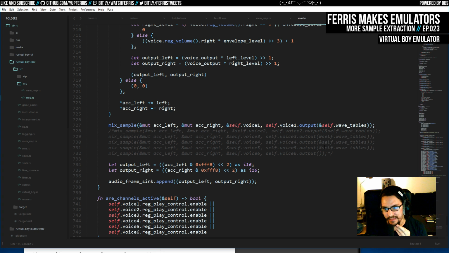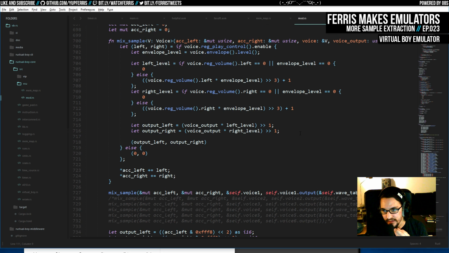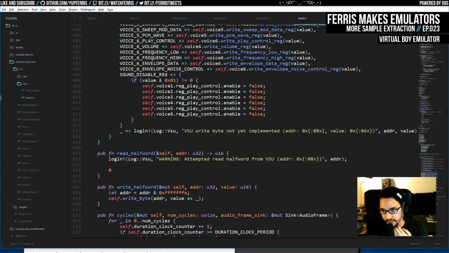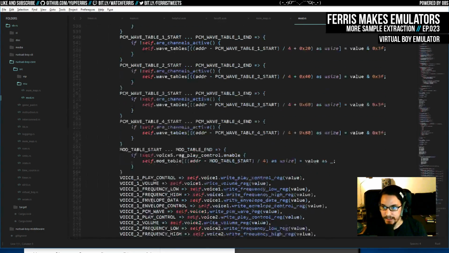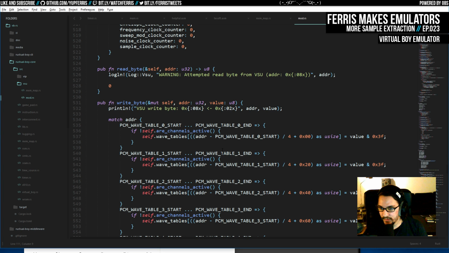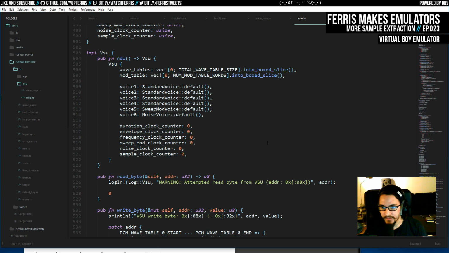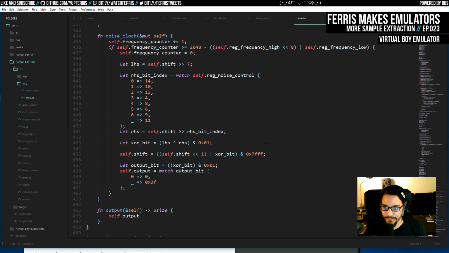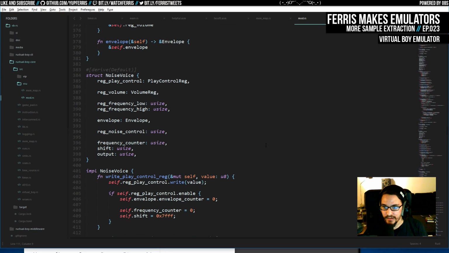Just trying to think of anything else that might actually change here, and I don't think there's really anything. The envelope should be fine. Volume is what we're modulating. Yeah. No, I think we're actually pretty good to do this. So then, how do we want to hack the emulator to dump the data we want? Is always the question that should be asked. I'm thinking that we can probably have it dump